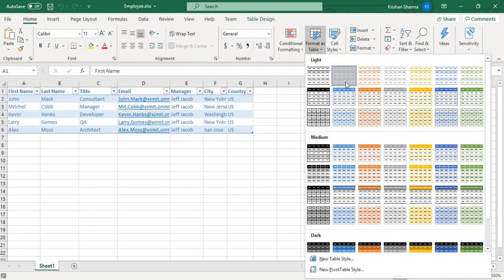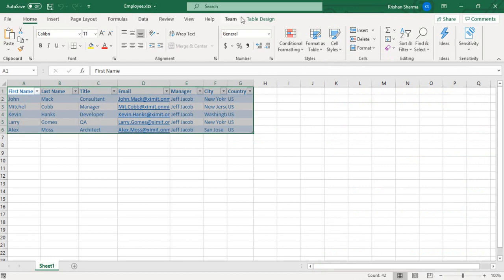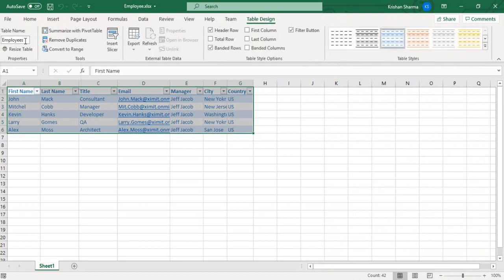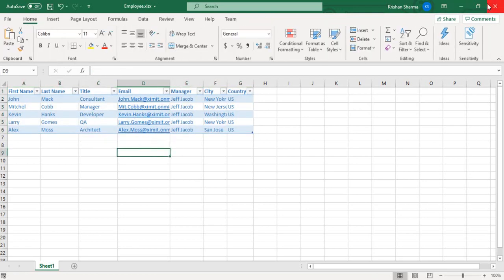You can define the format, and in the table design you need to specify the table name, so that the table name can be read while creating the Power Canvas app. I have named this table employees.